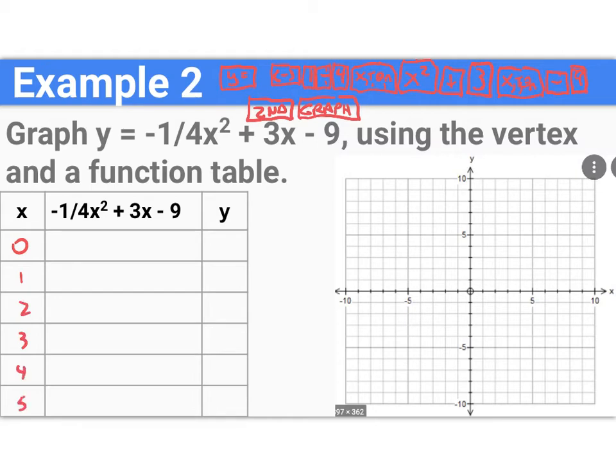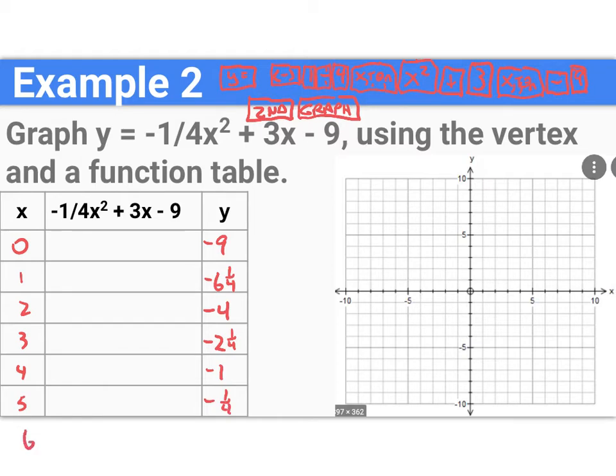Okay, so 0 is negative 9, 1 is negative 6 1/4. On your calculator it says 6.25, but we know that that's a quarter. 2 is negative 4, 3 is negative 2 1/4, 4 is negative 1, 5 is negative 1/4,